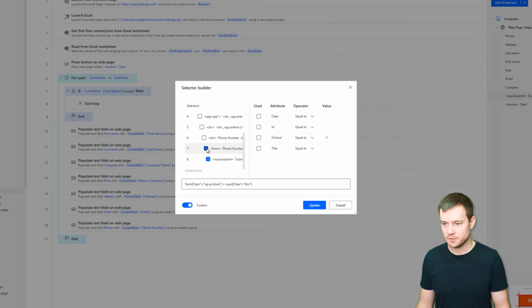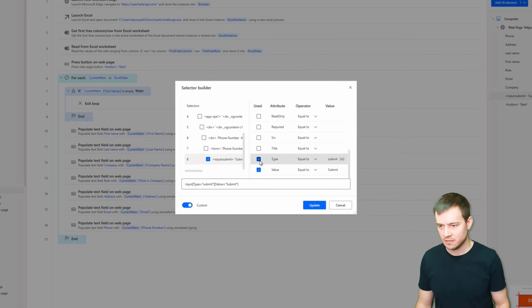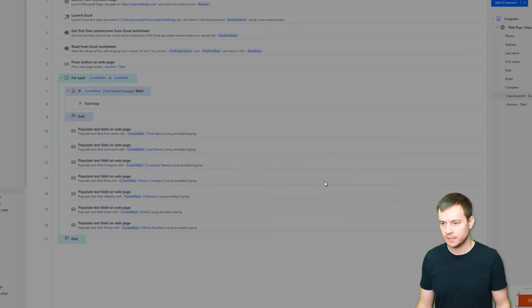So I don't really need to use the form. I'll just focus on the button itself. So the class, nope, but you want to use the value and a type. And I think that this is really enough to identify this button. All right, so